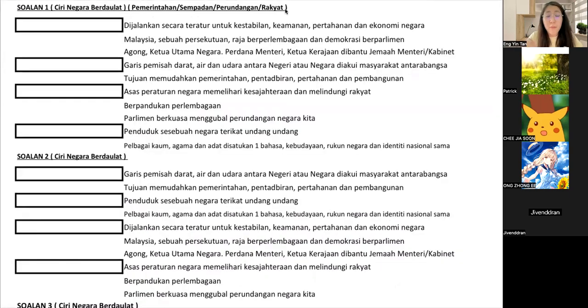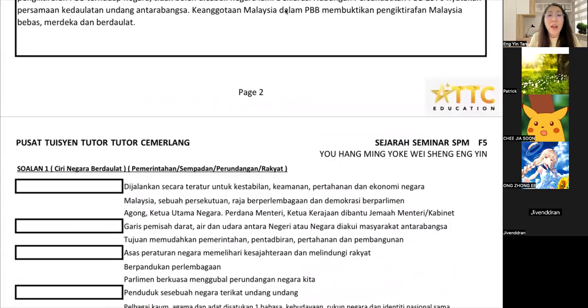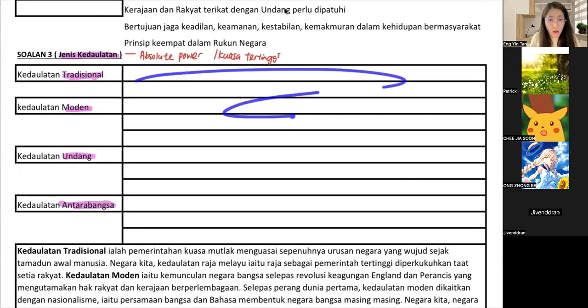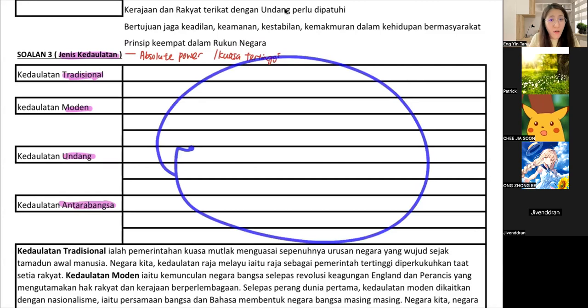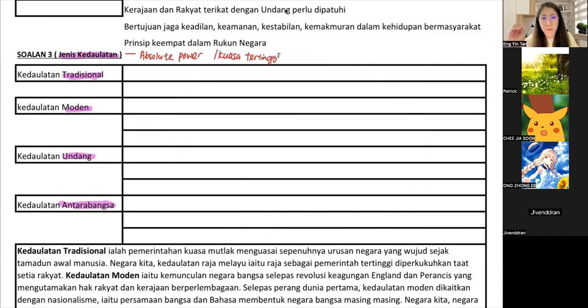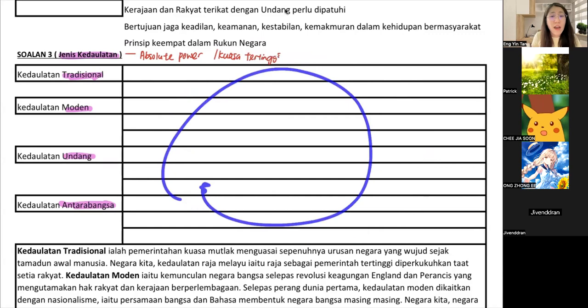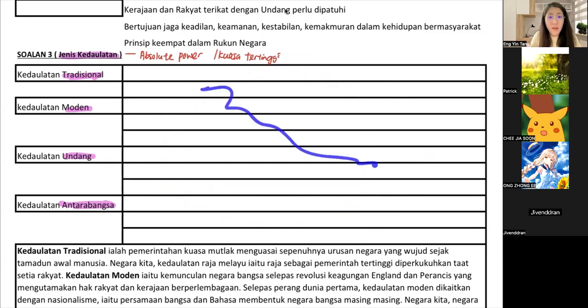Everybody finished already? Okay, so you see, I believe some of you are able to write a lot. Some of you maybe cannot. So you see how to answer. You can try this at home. Time yourself. Remember just now the multiple short sessions? After reading for a long time, you take a small break, then you time yourself within 10 minutes. If you seriously cannot write any single word, it means you don't remember,